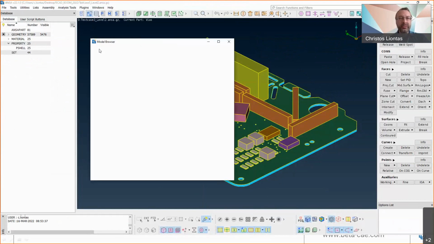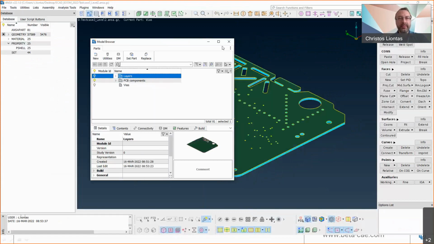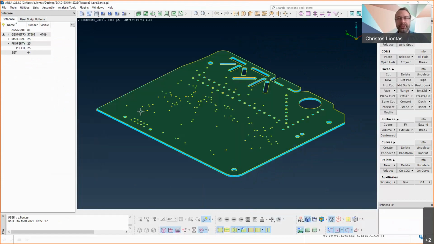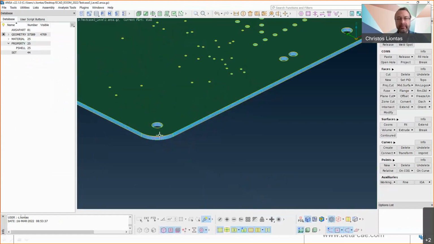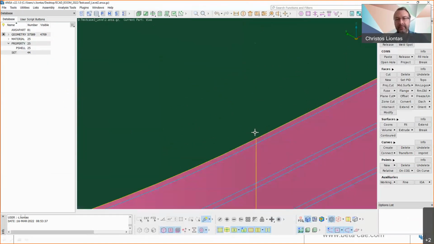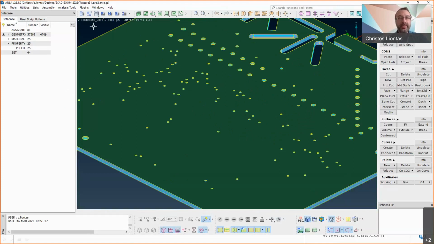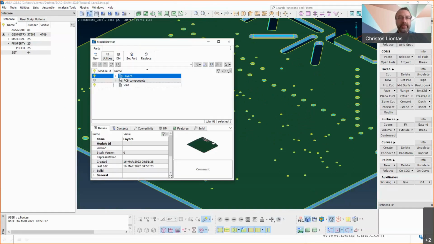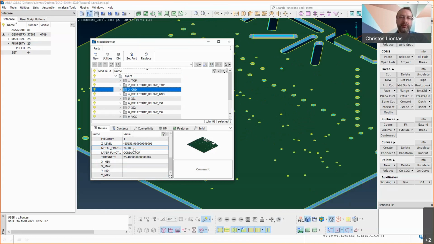So here we have a level 2 model. Here we have the components. Let's hide the components. And here we have the board, which is, as you can see, a homogeneous board, a homogeneous layered board. So each layer is a homogeneous slab of material, as you can see here. We don't have any metallic features. We have only holes. But we can see how much copper is contained in each layer by going to layers and clicking on each layer group and going to the user attributes where there is a metal fraction attribute. So this layer contains, for example, here 8.87% copper, or this contains 74% copper.